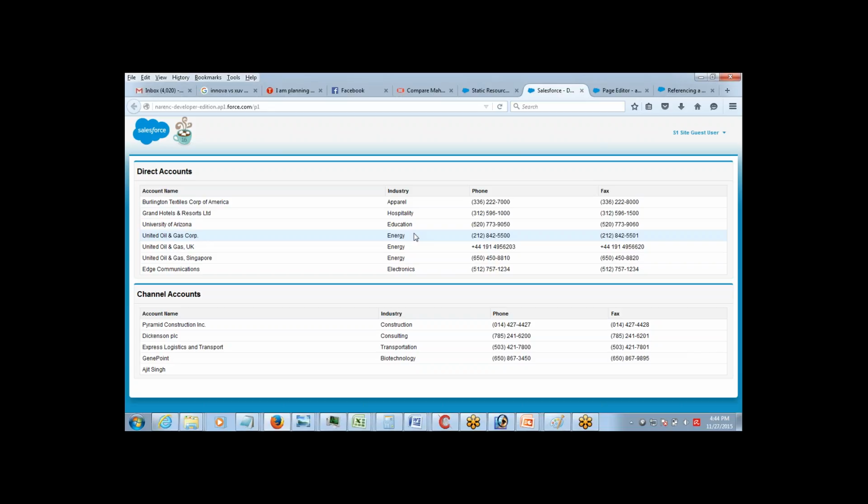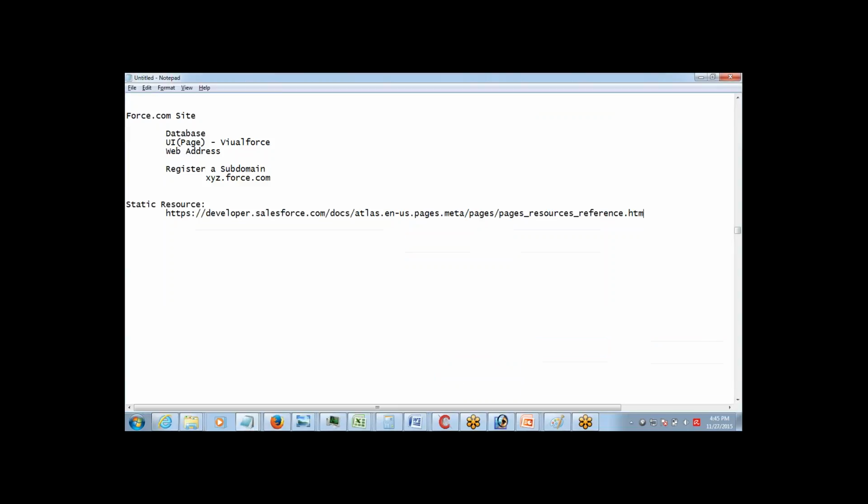Generally, we do not need that much of them unless it's a requirement to put some image or banner or something like that. For internal pages, we don't need these things that much. The default Salesforce look and feel is okay for the internal team. But when your customers and partners are going to view the site, then you need to do a bit of look and feel control for that page. So that's about the static resources which you can use in Salesforce. All right. Now,